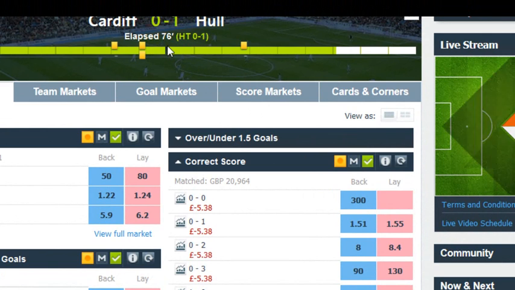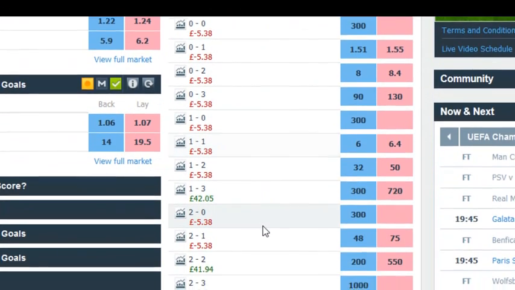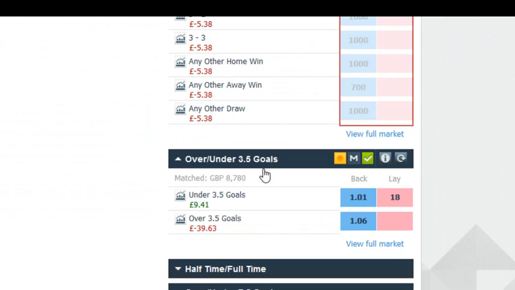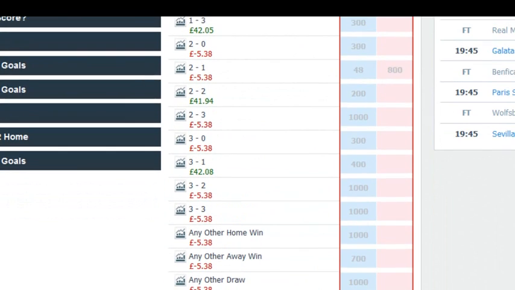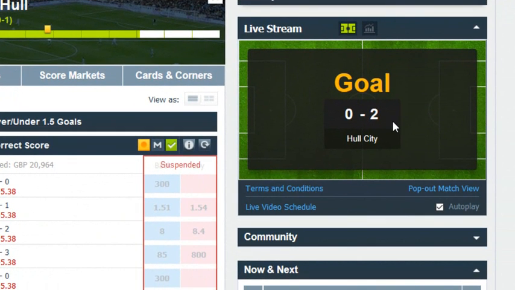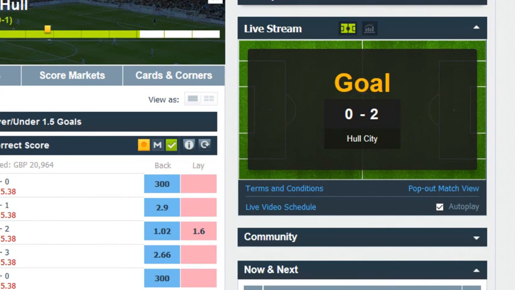We're in the 76th minute, and if we look down here, if we were to now cash out on the over/under 3.5 goals market, of course the minute that I mentioned that, then the market goes into suspension, and in fact we now have another goal. Hull City has scored. We'll hear the sound in a minute from Flash Scores. That normally follows a bit later